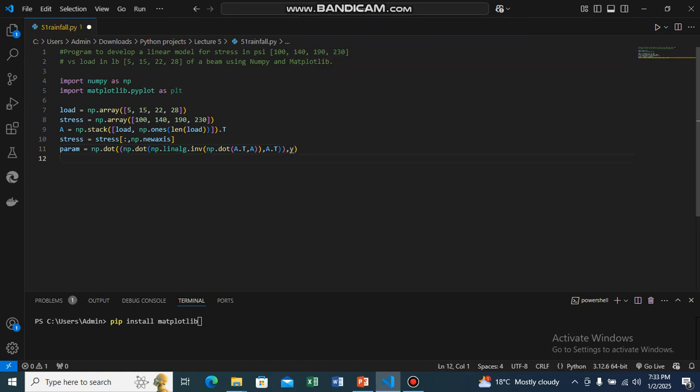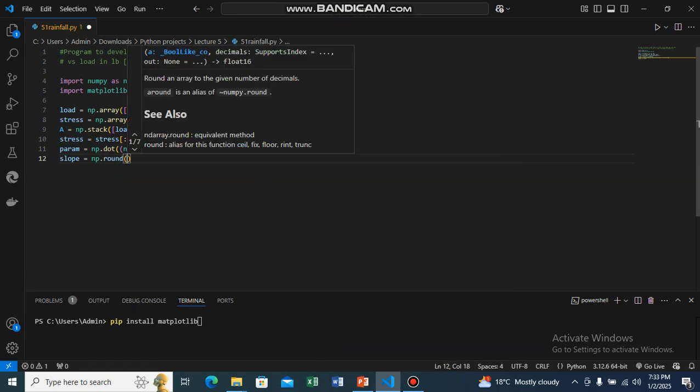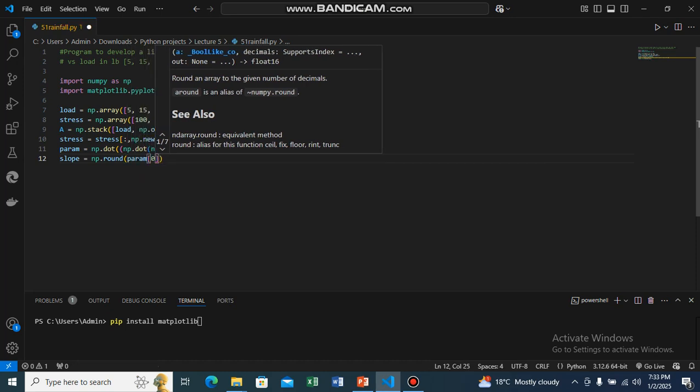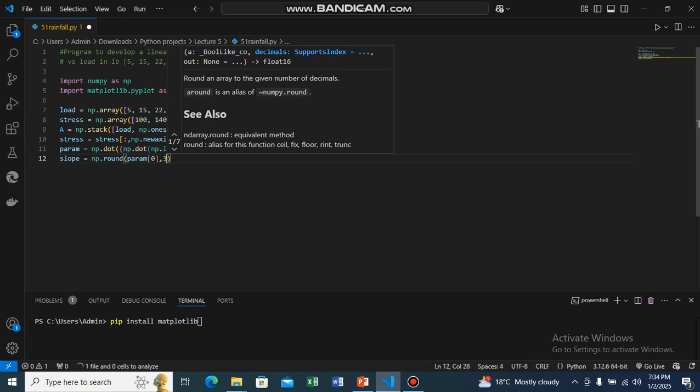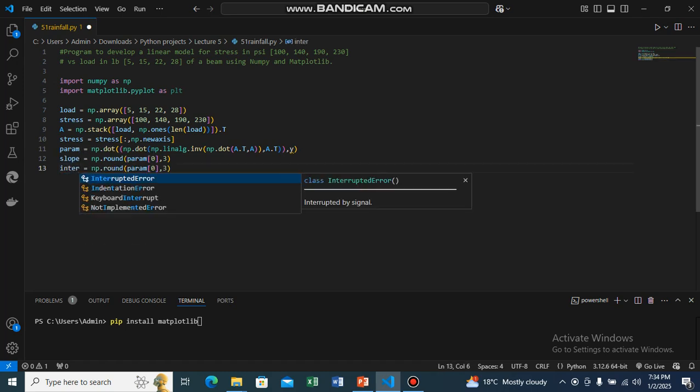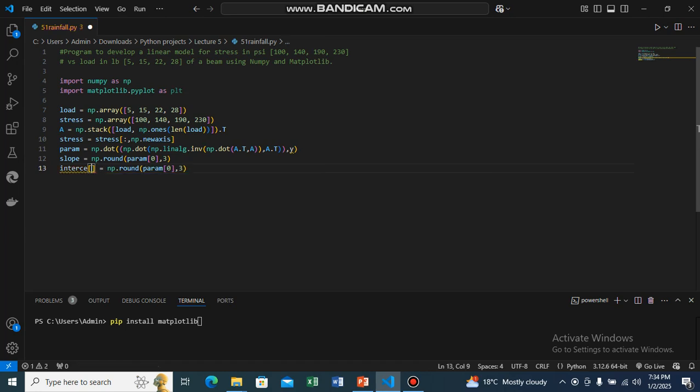So this will calculate the parameter, and slope will be np dot round of our parameter value, first one index, that is index 1, up to 3 digits. This is for slope. Control C, Control V. For intercept, we have to take the parameter at index 1, that is the second index, and our predicted stress